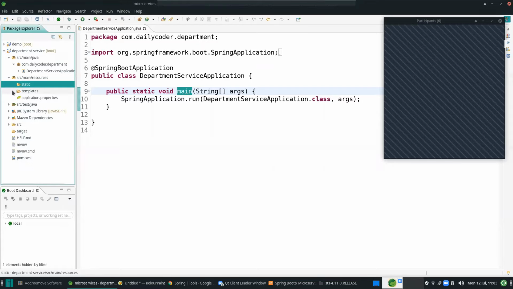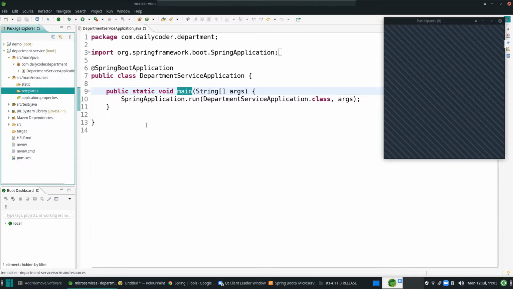And the templates: if you want to use JSPs or other templating languages like Velocity or Thymeleaf, you can create those templates here. But in this example, I'm going to show you a simple JSON response. In later classes, we will see how you can use JSPs and Thymeleaf templates and create web pages.